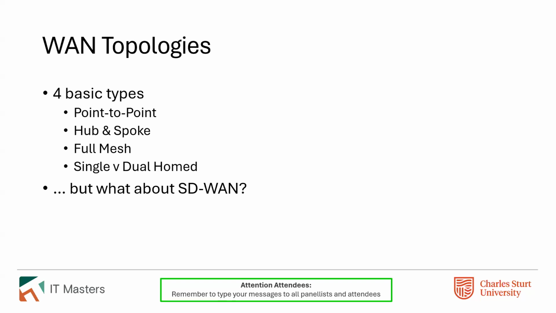Then there's what's called full mesh. There's also a variation on full mesh called partial mesh. Full mesh is essentially every site connected to every other site. And obviously, once you get past 5 or 6 sites, that starts to become really impractical. If you've got 600 sites, every one of those sites needs 599 other connections to make a full mesh. That's a lot to manage.